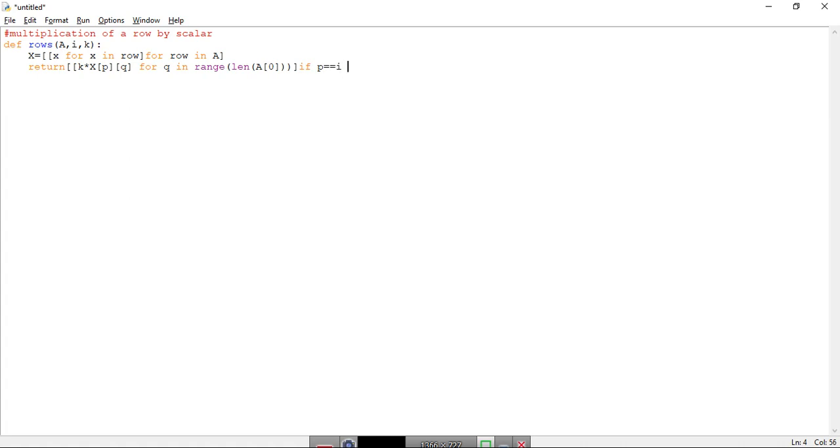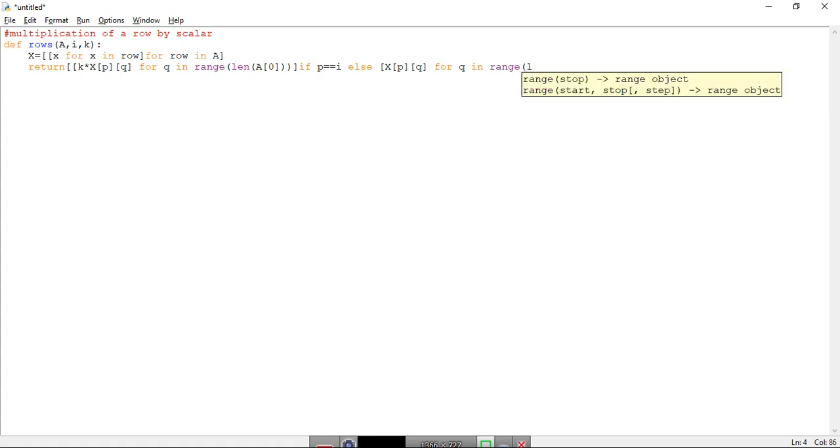Else, we need, let's put the brackets, the same element, x[p][q], right? And this you will get for q in range, the same range, length of A[0]. Okay, let's close like this.